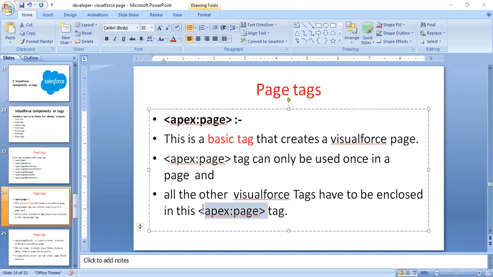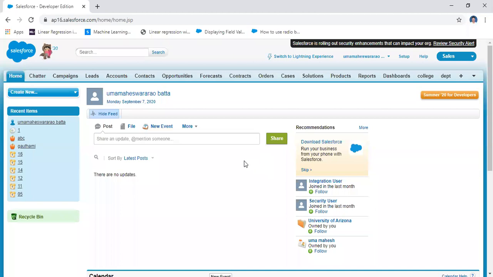Now, how can you log into Salesforce? You log in on salesforce.com. Already I explained the different ways of writing Salesforce pages. The first two, that means I'm using the inline editor, the inline editor or the link or URL.